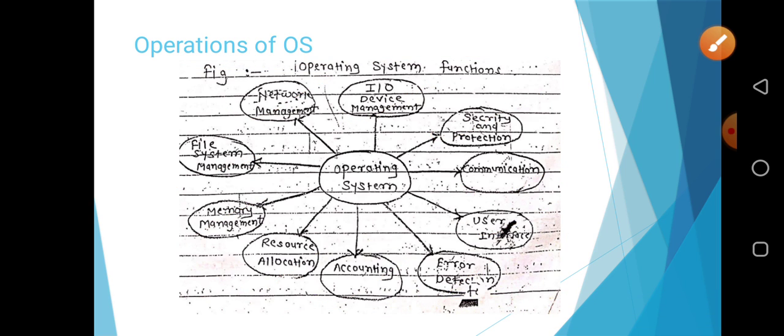So it's all about the operation of the OS, and it's the end of the first video of the first